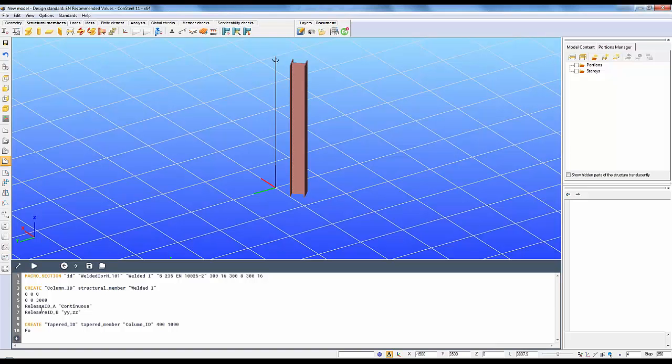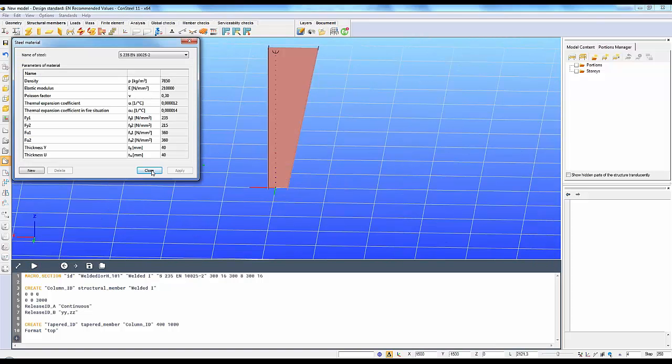So the taper member can be placed in centric, or at the bottom, or on the top. So now I've placed it on the top, and if you run the code again,